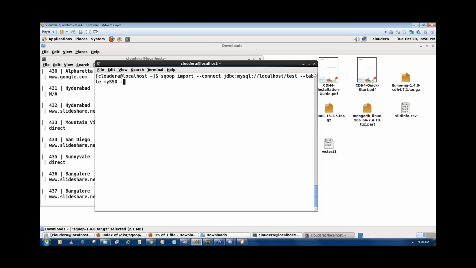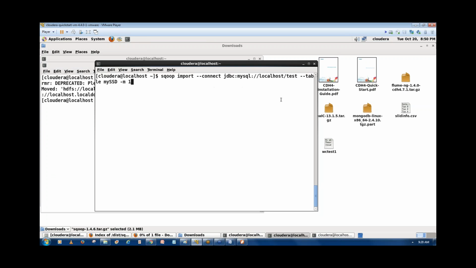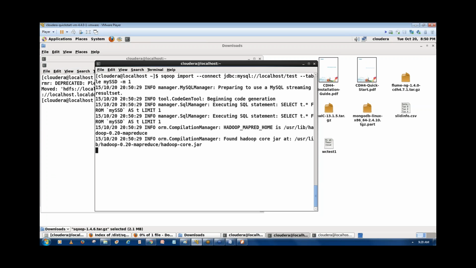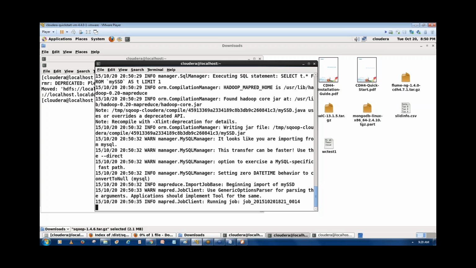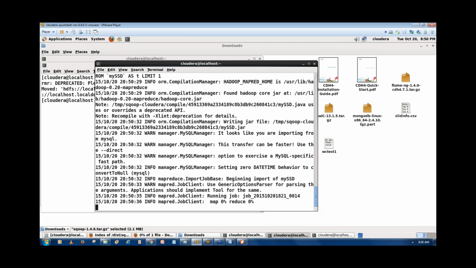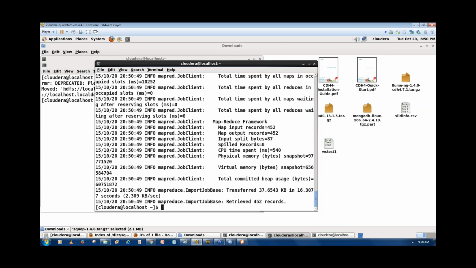Now, how many mappers do I want to run? Write the number of mappers. Here I want to run one mapper, so I'm going to write -m 1. Okay, so now I'm going to run this command. Press enter. Okay, now see what it did. So it retrieved 452 records to the